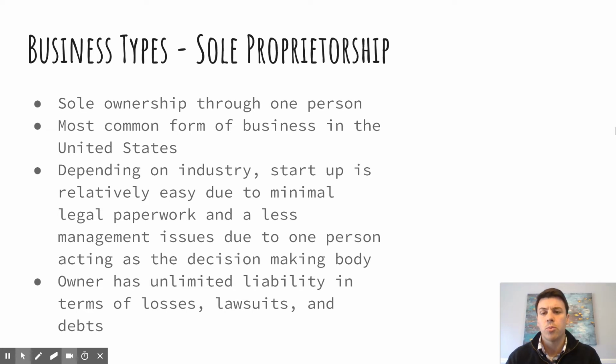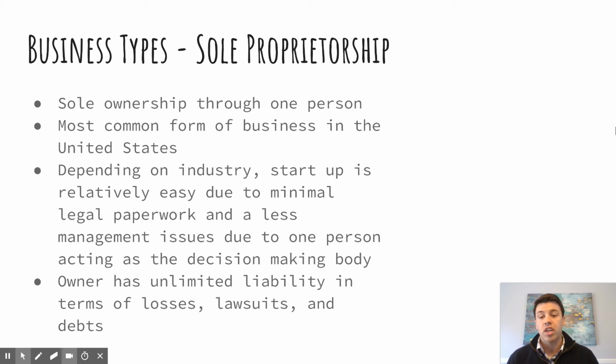Let's dive into the sole proprietorship business type first. Now, this is the most common form of ownership in the United States in terms of business. This is one person that is owning this company. Depending on the industry that you're in, this is usually fairly simple in terms of the legal process to form the business. You don't have to have as much legal paperwork because it's really just one party